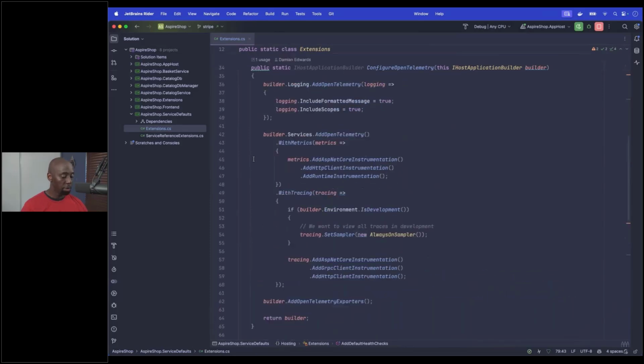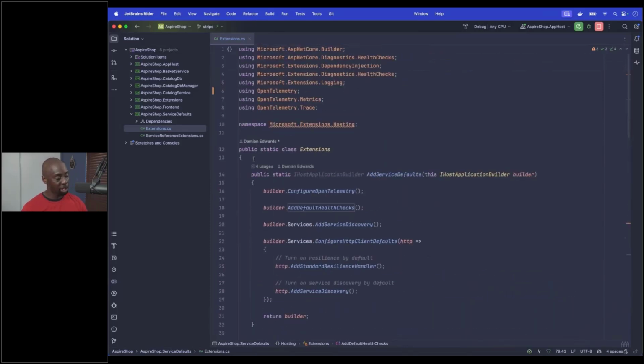Now, some folks have asked, well, why wasn't this a package, and why is it just another project with code in it? Well, the main reason for that is that, one, this thing is not magic, right? It's not like we're just going to start sharing metrics and logs and stuff about your application without you knowing. It's not magic. But also, you have the option to come in and change some of these defaults. You can add and remove some of the instrumentation if you want.